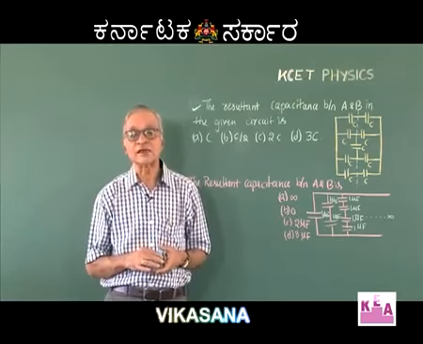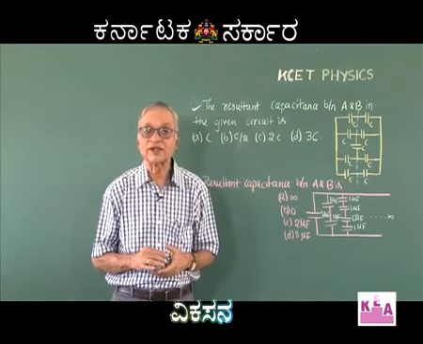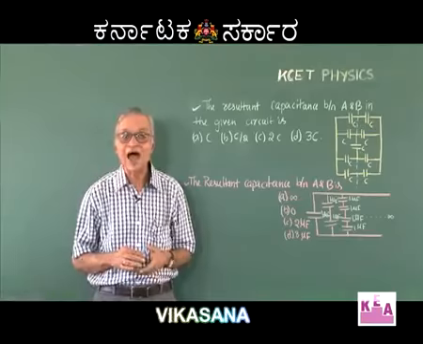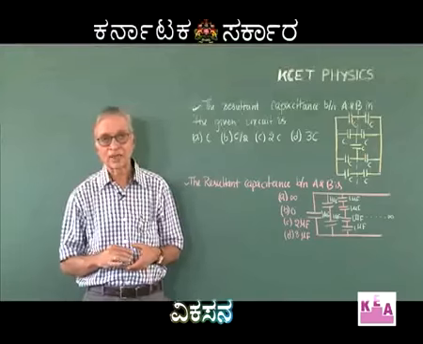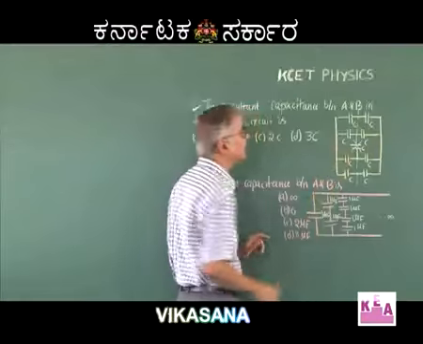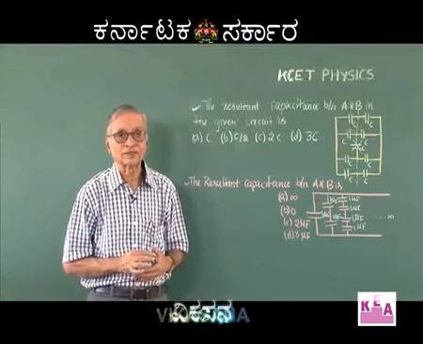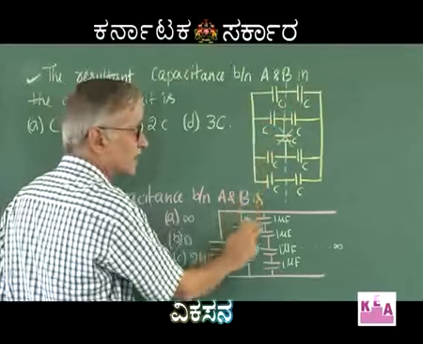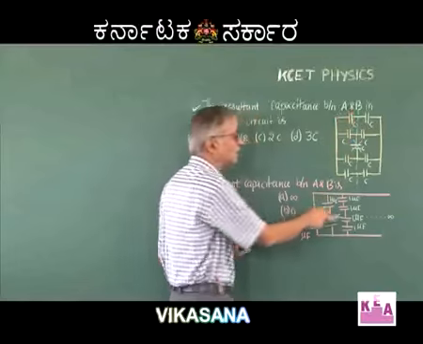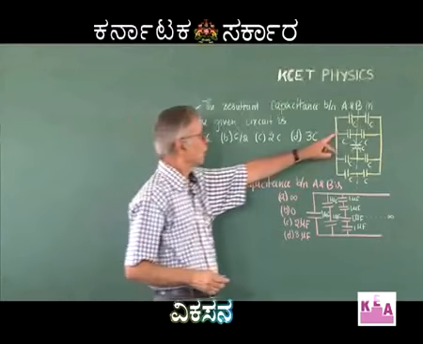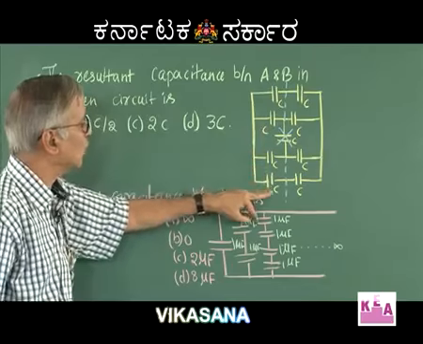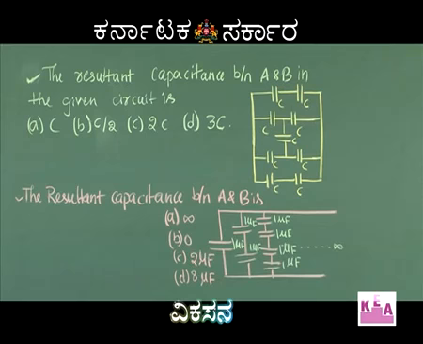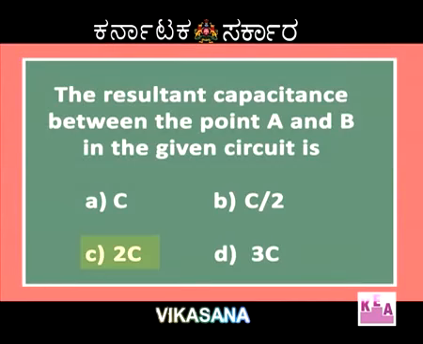The idea behind this case is, if the circuit has a vertical symmetry, then all the components connected along the line of symmetry can be removed from the circuit and it has no effect whatsoever on the circuit. For that reason, this condenser C can be removed from the circuit. Then the circuit reduces to C and C in series, C and C in series, again the same two, and all the four being connected in parallel. You know that when C and C are in series, effective capacity is C by 2, and C by 2, C by 2, C by 2 and C by 2 are all connected in parallel. Therefore, effective capacity will be C by 2 plus C by 2 plus C by 2 plus C by 2, that is equal to 2C. Therefore, the correct option is